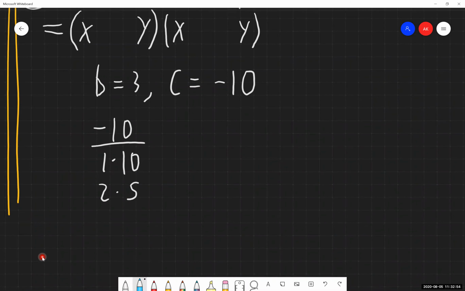Our C value gives me a negative answer, which tells me that when I multiply these things together, my result should be negative. So one of these columns is positive, one is negative. And if we have organized it in this manner, small numbers on the left, large numbers on the right, then the sign of our B value tells us the sign of our larger column. Because if I add these things together, one's positive, one's negative, but I should get a positive answer, which means the larger number has to be a positive number as well.